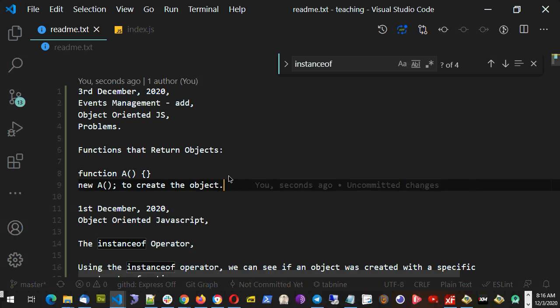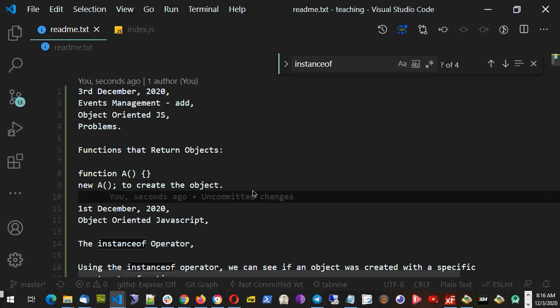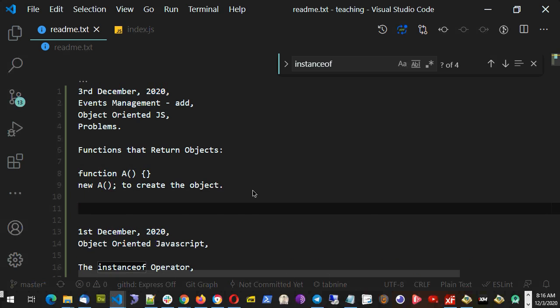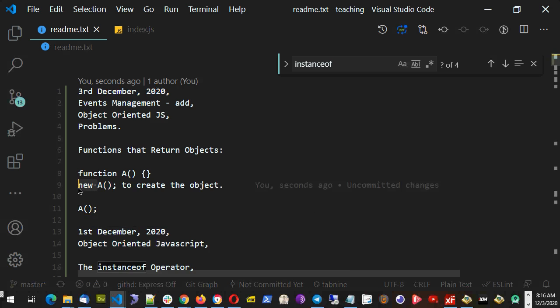Okay, so this is the way to create the object. Now, how to create object using the normal function? If I want to create the object without the new operator, right now if I call the A, it will not create the object unless I put the new one. But if I want to create new object by calling the A function,